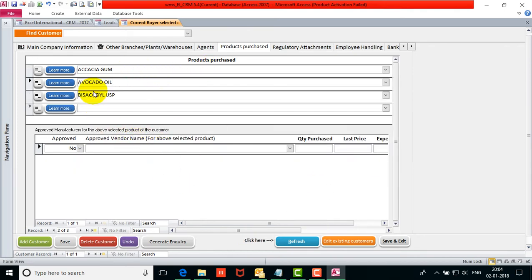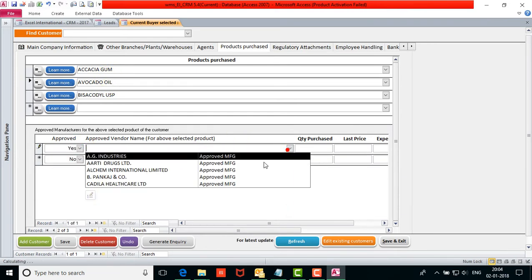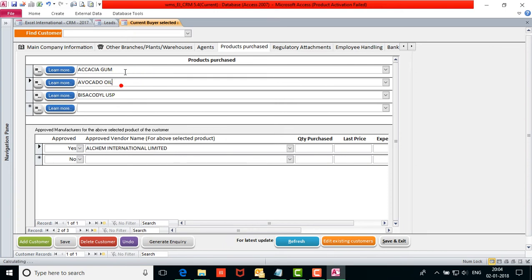Alright, so you can also specify who's the approved vendor for this particular product. So these are all fictitious entries. Alright,